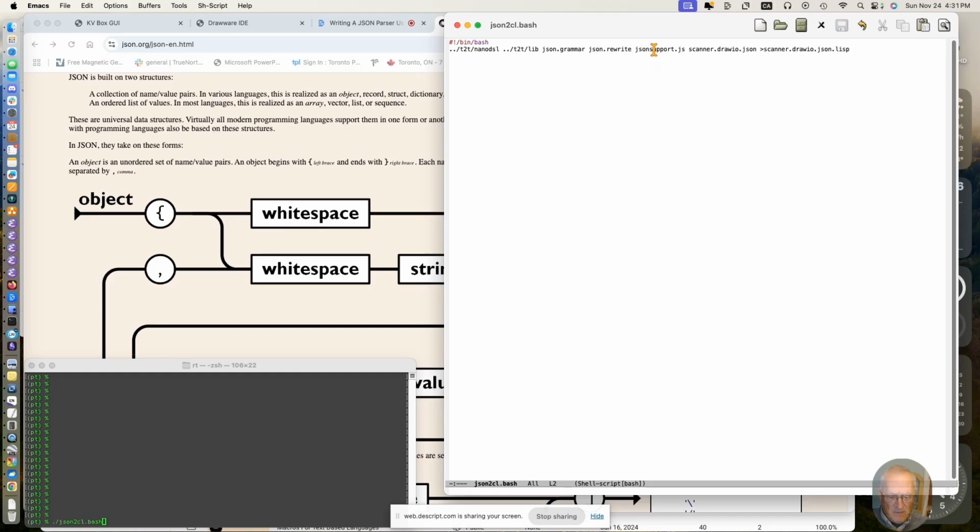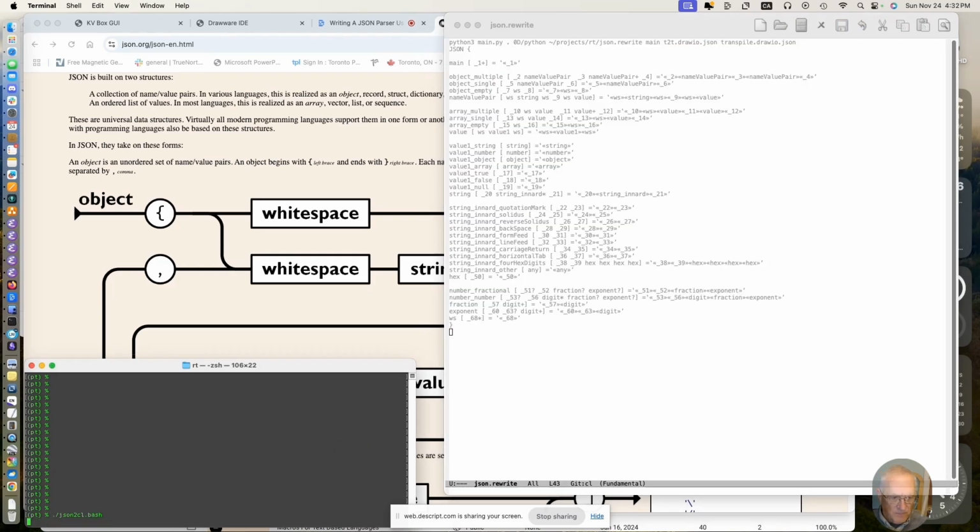There's an empty JSON support file. The reason for that will become clear at another time. This project doesn't really need much. We're going to grab the JSON file that we wanted, and then we're going to output the final result in a .lisp file. Then we go back here and we run it, and we get an error which says